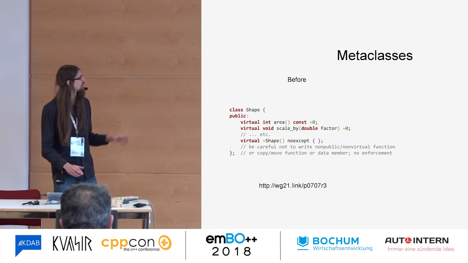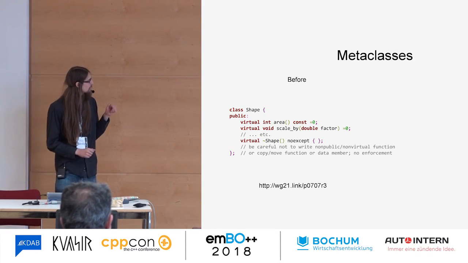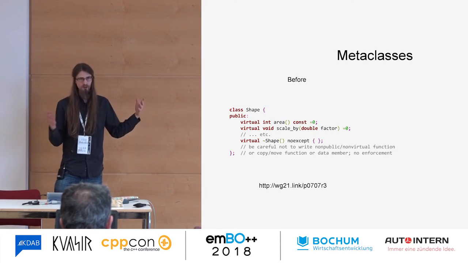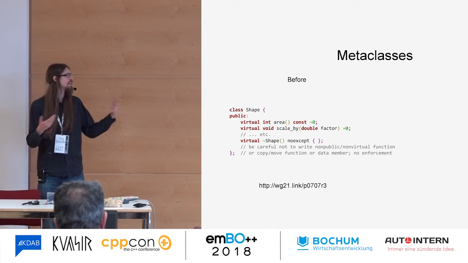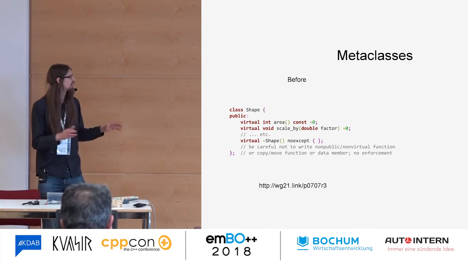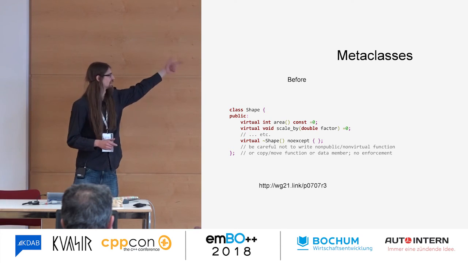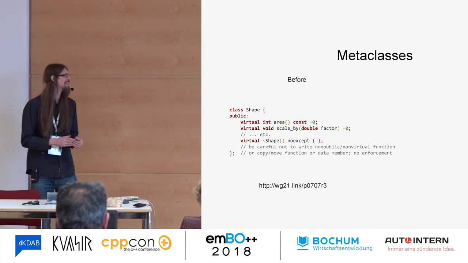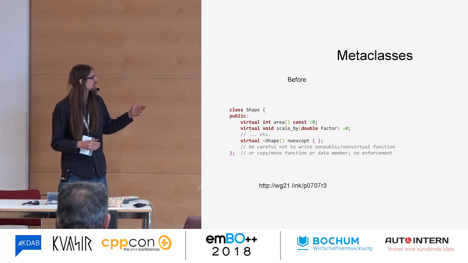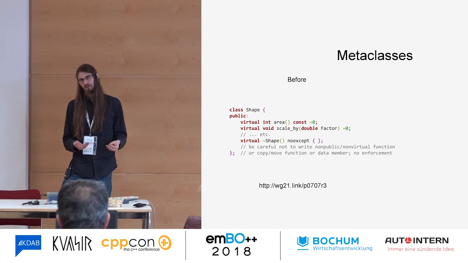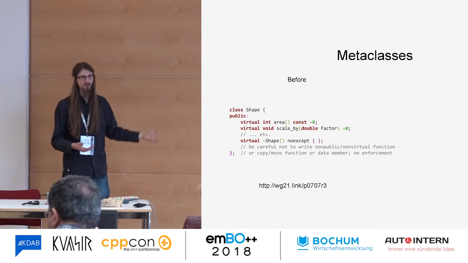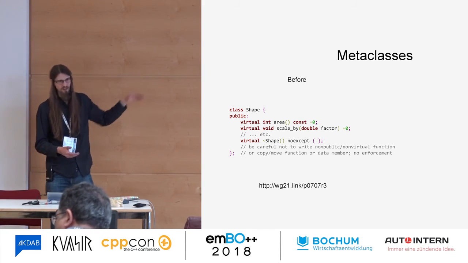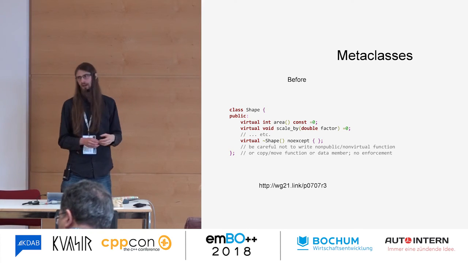But I'll go on to explain a bit about what metaclasses are. So if we have this class called shape, this is going to be an abstract class, some interface. I know probably a lot of us don't like having virtuals or runtime dispatch at all, but this is just a motivating example. So say we have a shape class, and we have a few member functions which are doing things like getting the area, doing some scaling, and the actual implementation of your subclass is going to determine what these functions are actually doing.